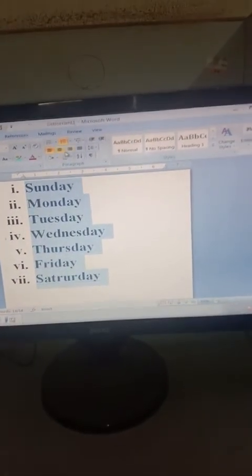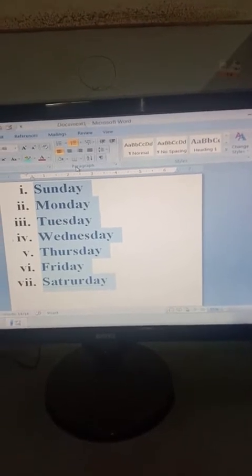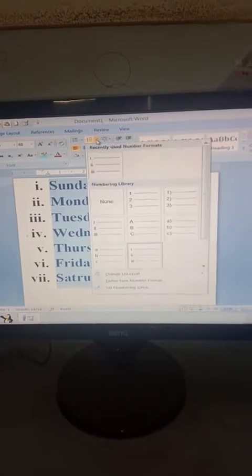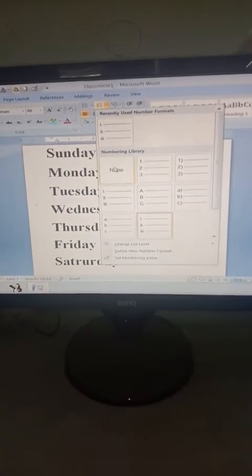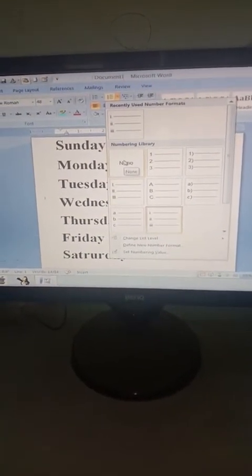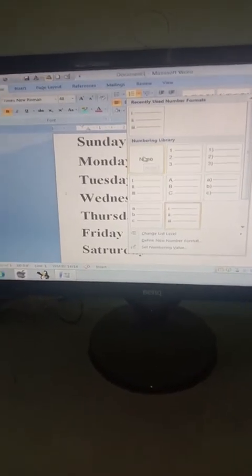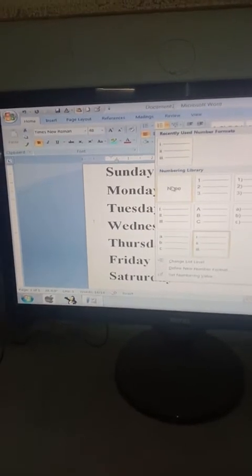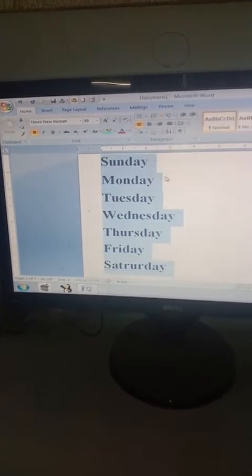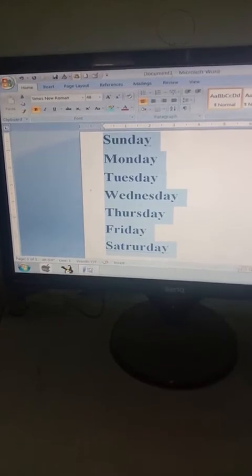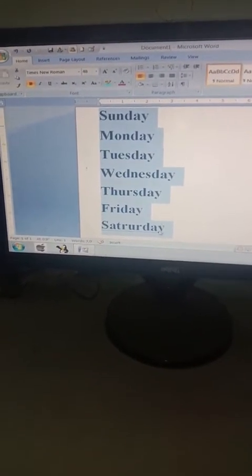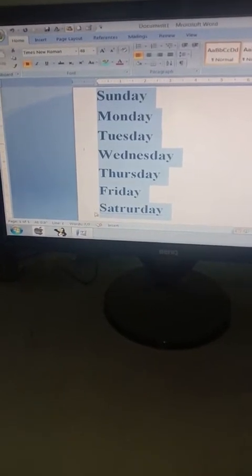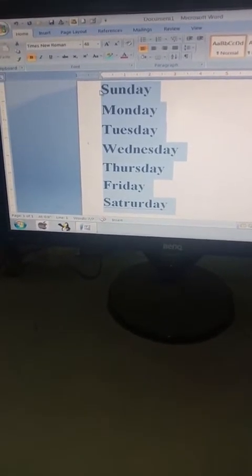After selecting the content, once again move to the paragraph tab. From the paragraph tab, move to the numbered list. Click on the numbered list icon, and here again we have the option of none. As soon as you bring the cursor over the none, look, all the numbered list has been removed from the content. So now click on the none option, and all the numbered lists that appeared in the content disappear. So this is how you can remove the numbered list in our document.